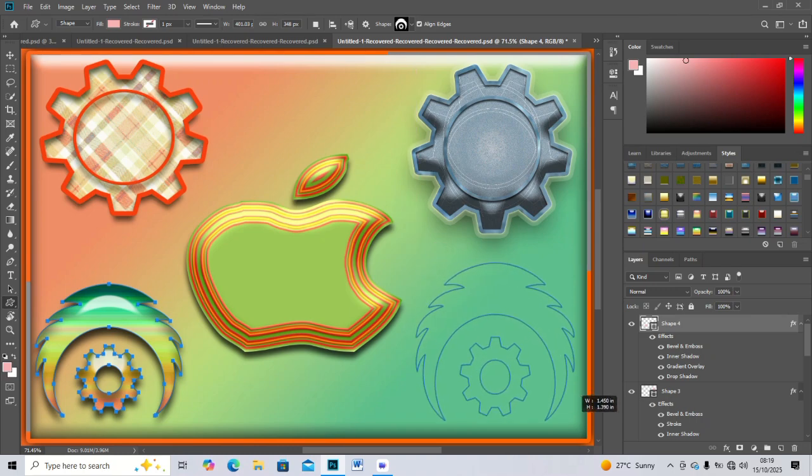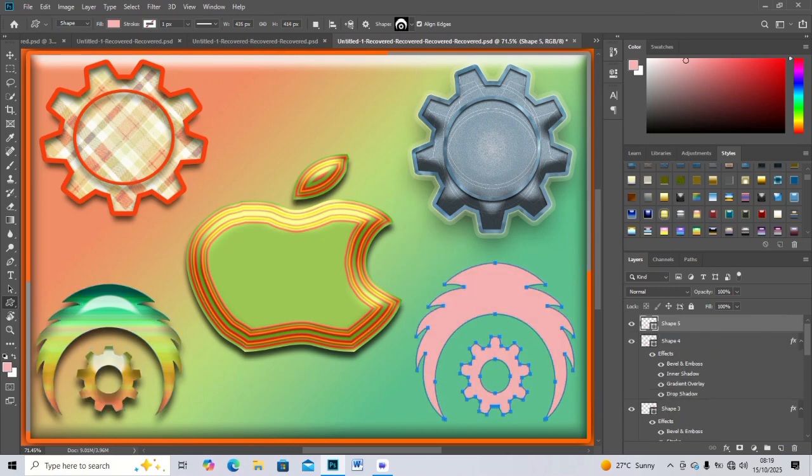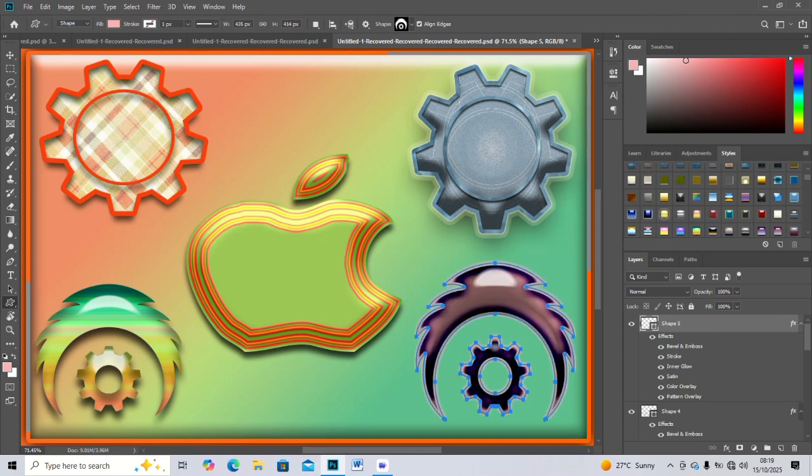Apply drop shadow subtly. Adjust spacing for balance. Add footer branding and export the final